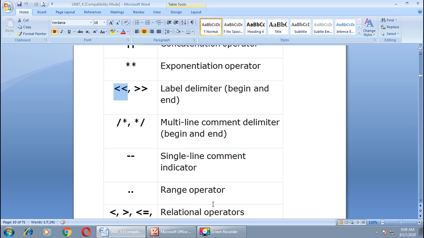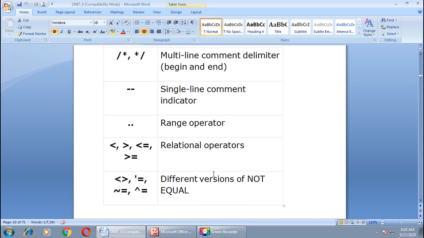Then the range operator: double dots are used for range operator. Relational operators are less than, greater than, less than or equal to, greater than or equal to, right? These are the relational operators. Then different versions of not equal, these are all known as the not equals to symbol. Okay, and this one is for equal to.